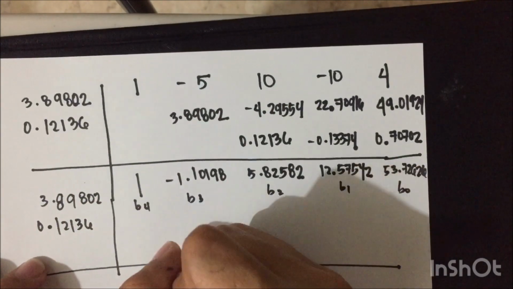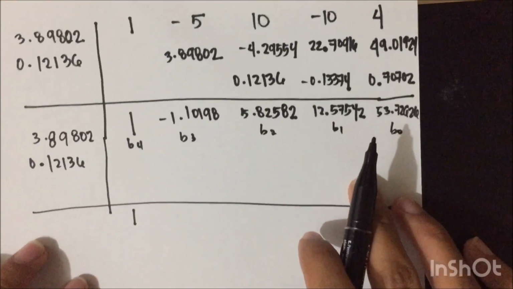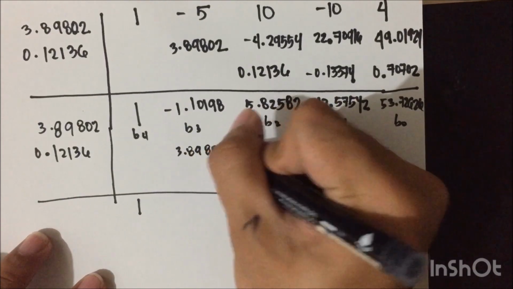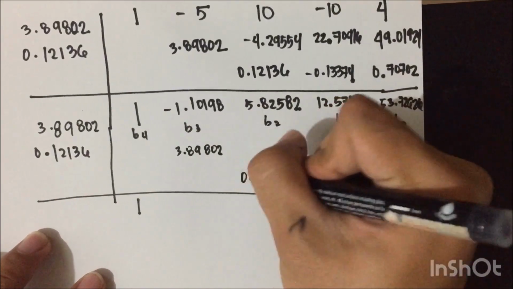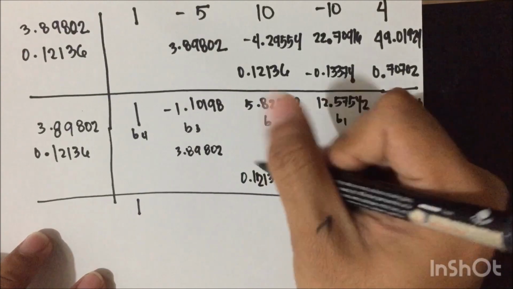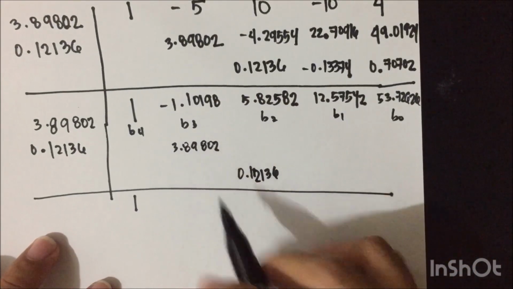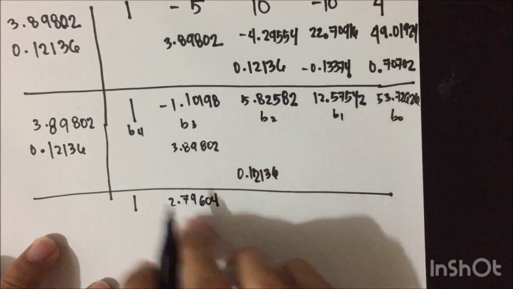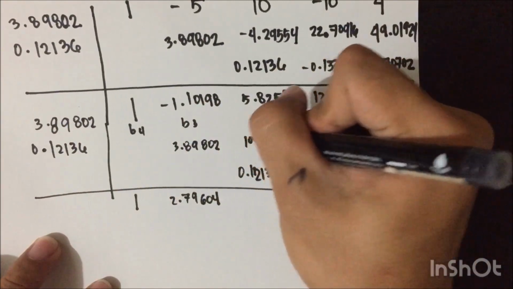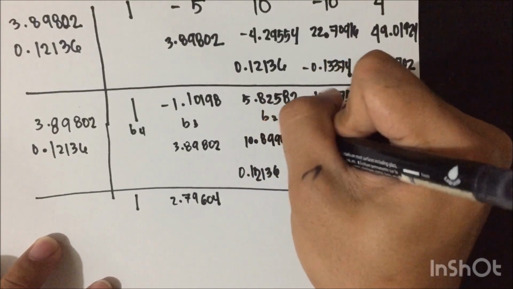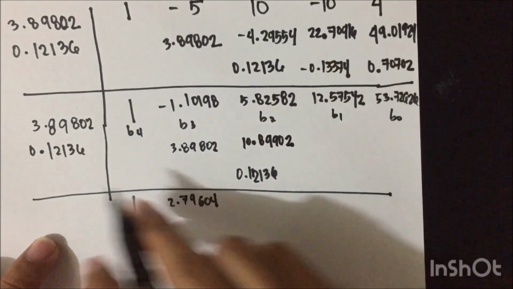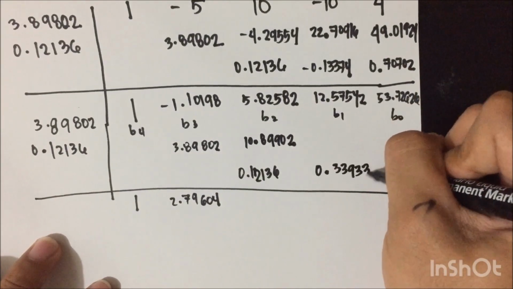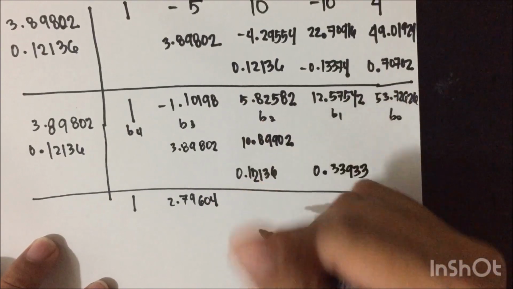0.12136. So bring down 1 times the value of R is 3.89802, and then the value of S 0.12136. Then sum ng values nito is 2.79604 times the value of R is 10.89902 times the value of S is 0.33933, and the values of the sum of this is